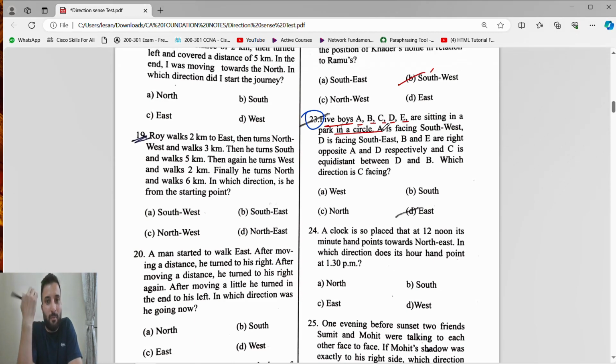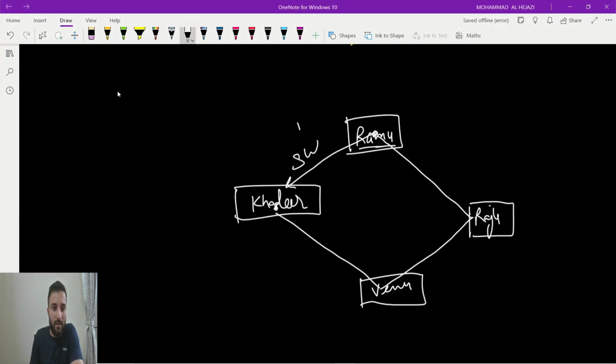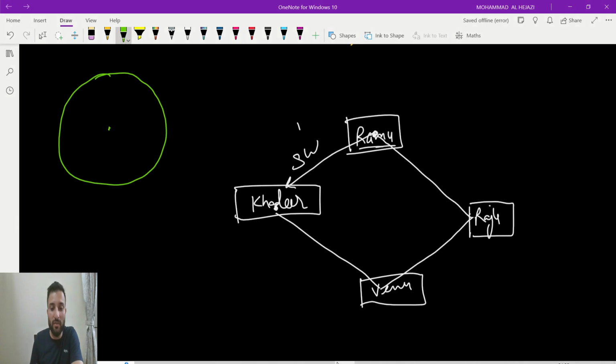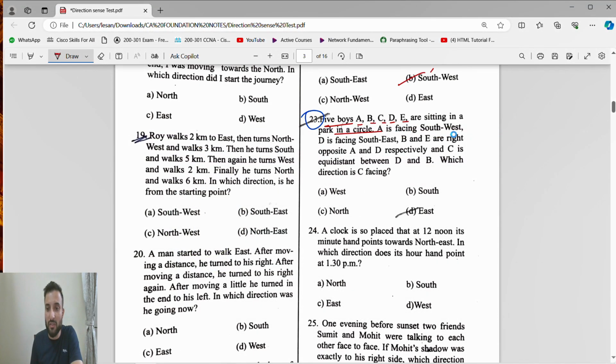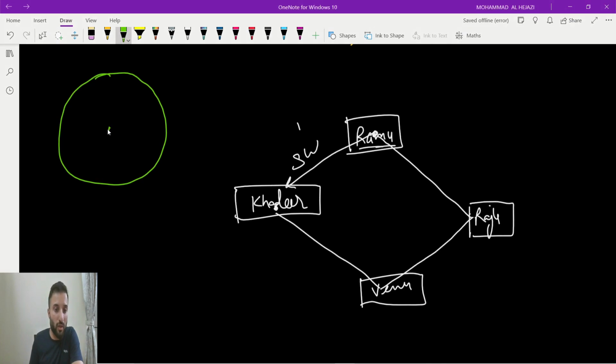यहाँ तो पार्क में कपल्स लोग बैठ रहे थे, पार्क में बच्चे बैठने लगे, बहुत गलत बात। Sitting in a circle, तो बनाते हैं हम लोग एक सर्कल। ये बन गया सर्कल भैया। अब सर्कल बना तो सर्कल में क्या बोल रहा है, 5 boys A, B, C, D, E। A is facing south west guys, कौन सा ये है साउथ वेस्ट, तो A is facing south west, ऐसा ये होगा, ऐसा मत कर देना ऐसे, because they are sitting in a circle, मतलब क्या सर्कल में बैठ रहे हैं तो they will see towards the center की तरफ देखेंगे, इसलिए A किधर फेस कर रहा है, साउथ वेस्ट। ठीक है, ये साउथ वेस्ट है।